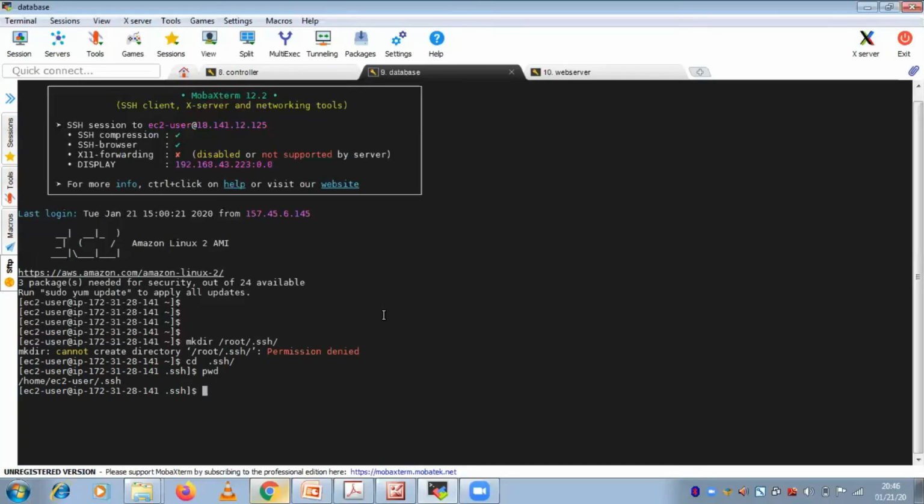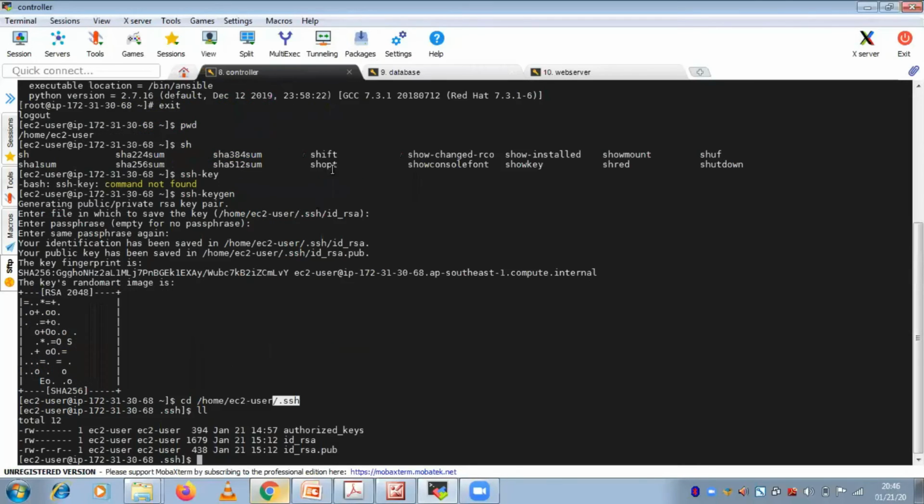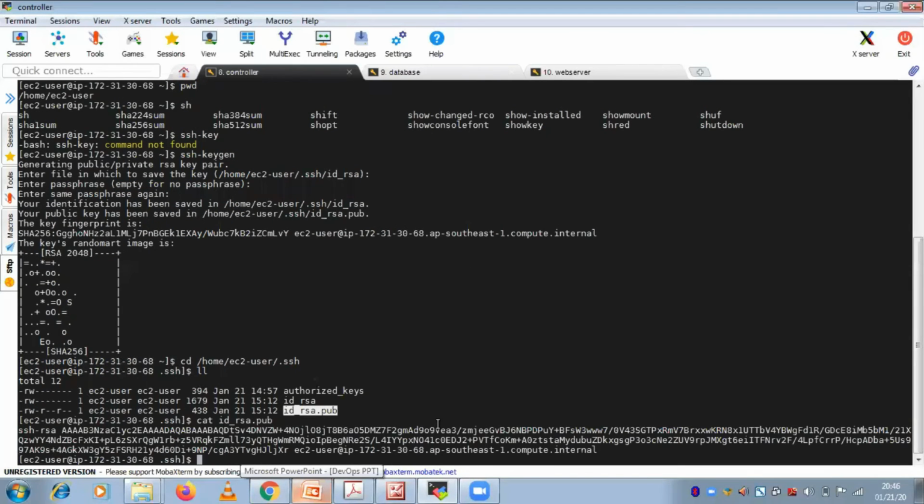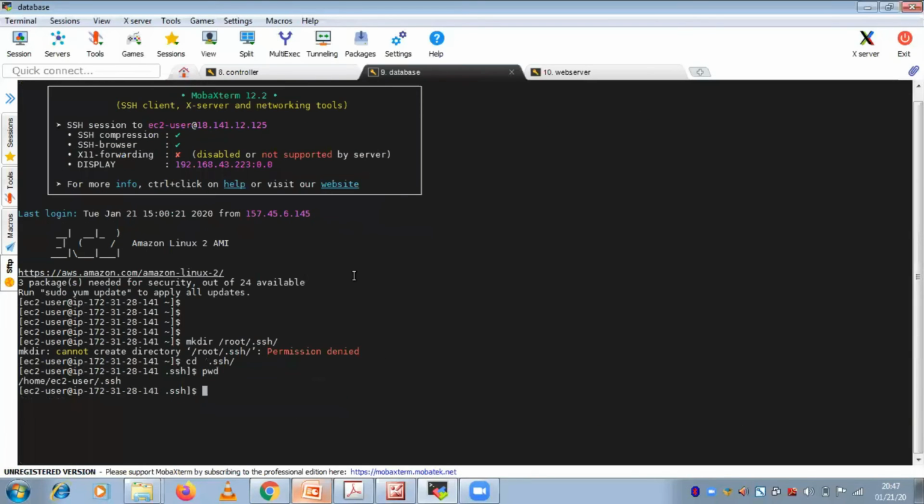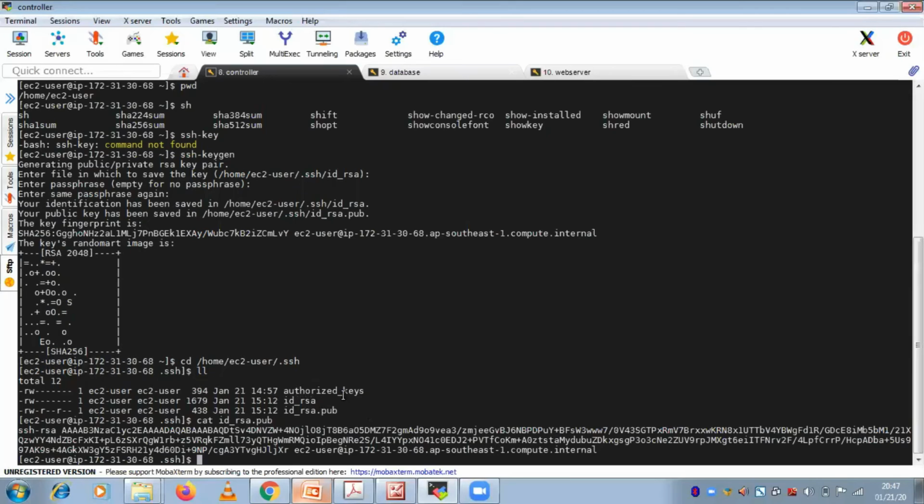So what you need to do is you just need to copy the public key. What public key is there, guys? So id_rsa, right? This public key. PUB means public. This is your public and this is your private key. So private key should be here only and public key should be deployed. So where you need to deploy